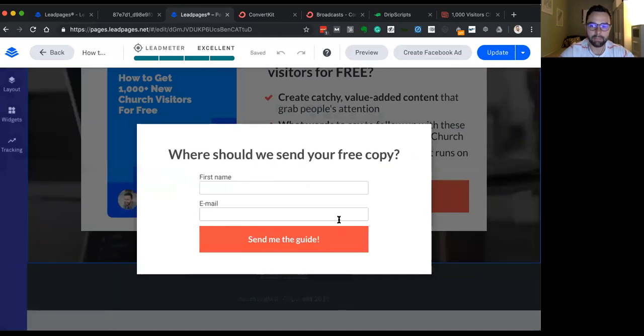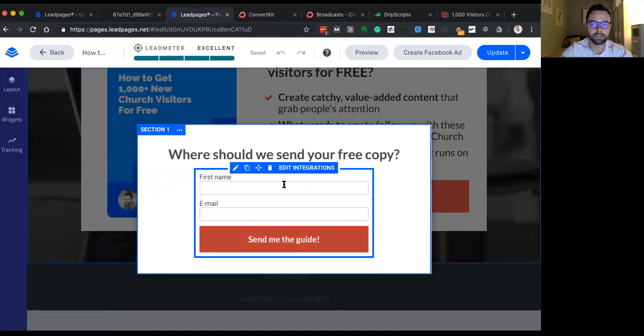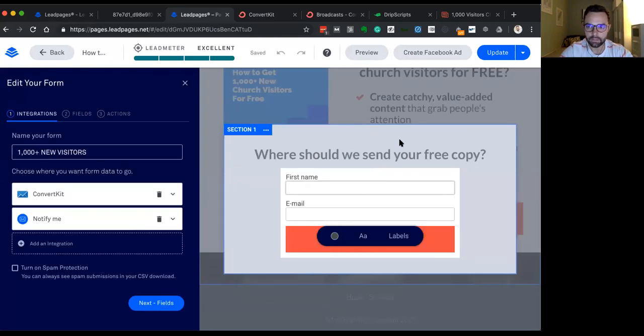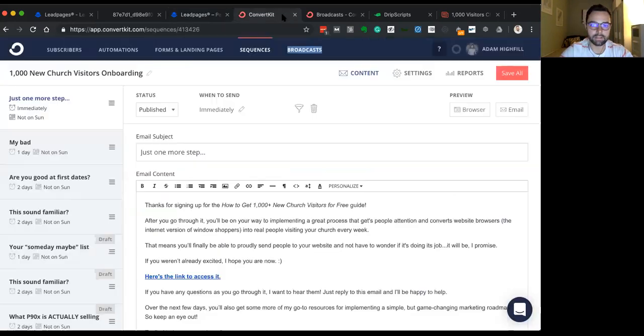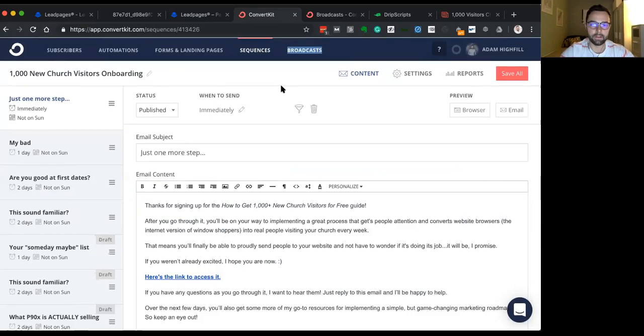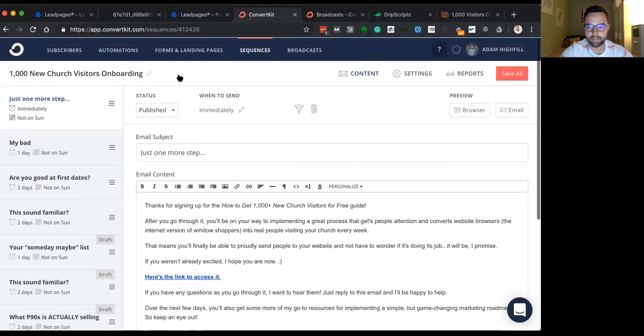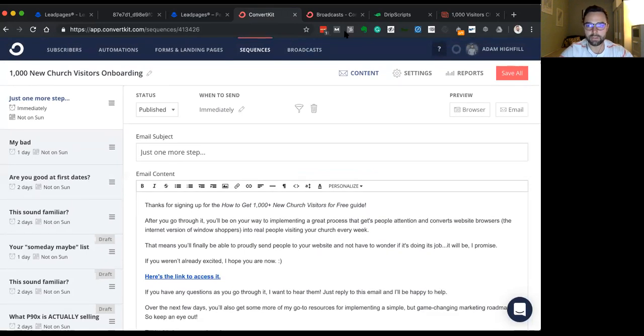And what actually happens is when someone puts in their information to download this guide, they actually get sent over to my ConvertKit. This is an onboarding sequence, or an email sequence that we've mentioned and talked about before, inside of my email service provider, which they will automatically be pulled into. And that's the next step of our process today,